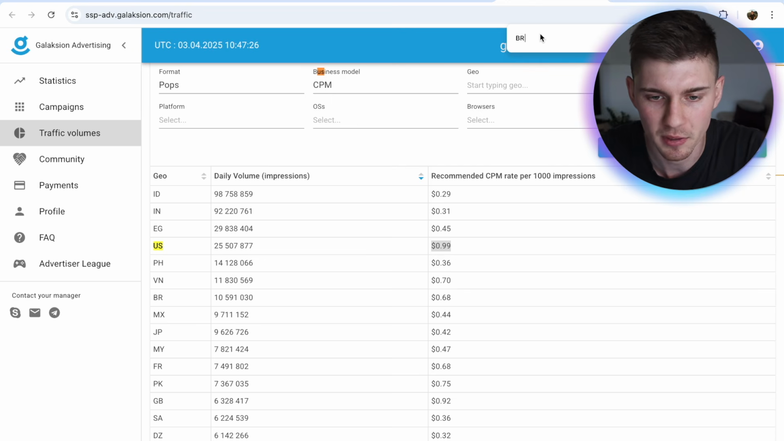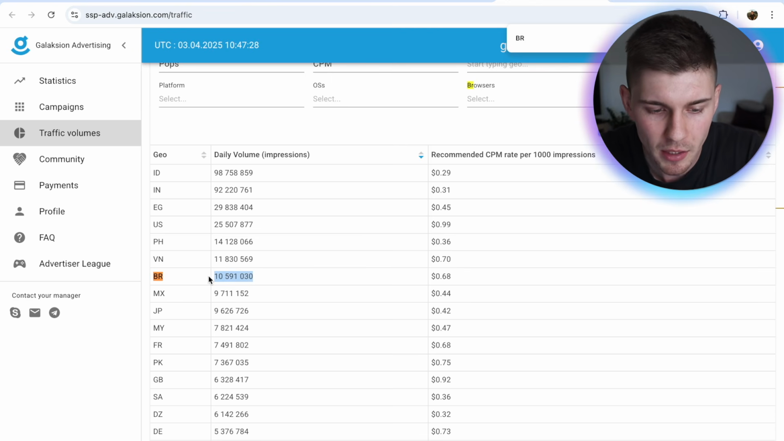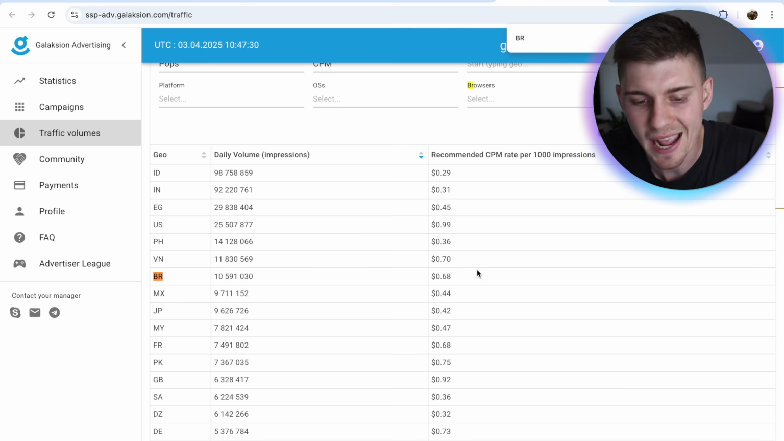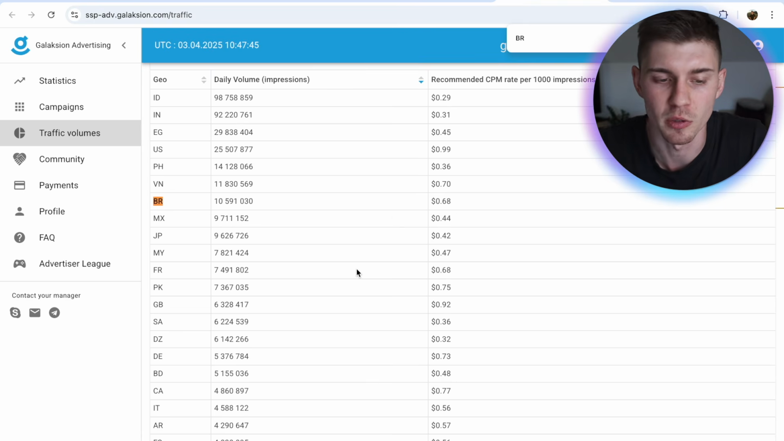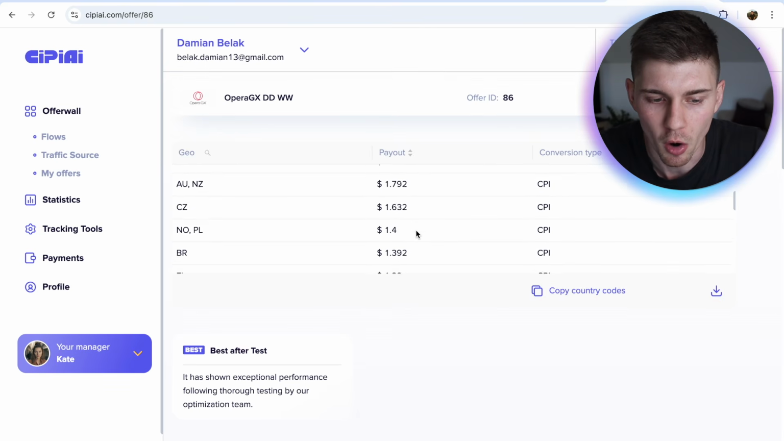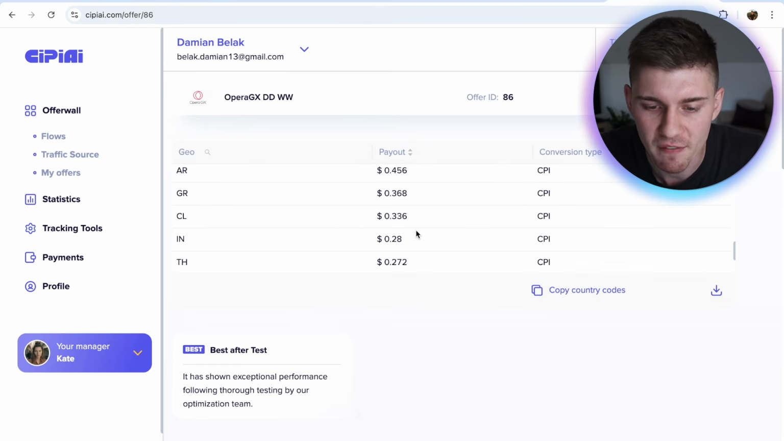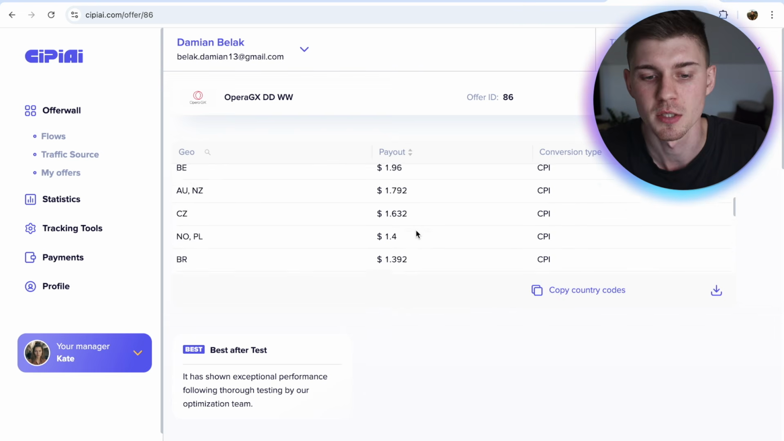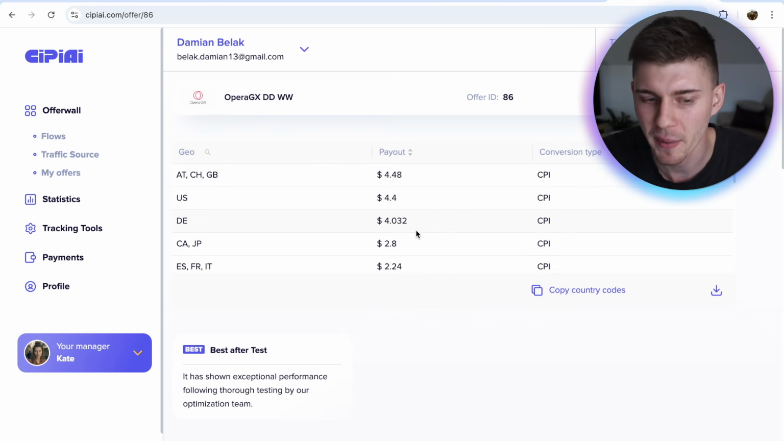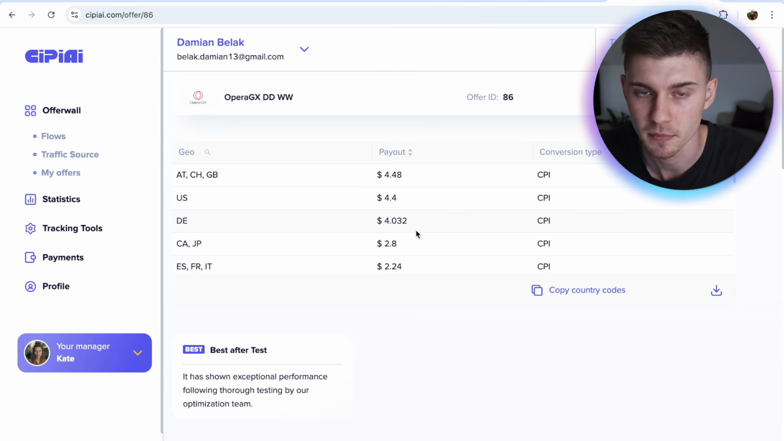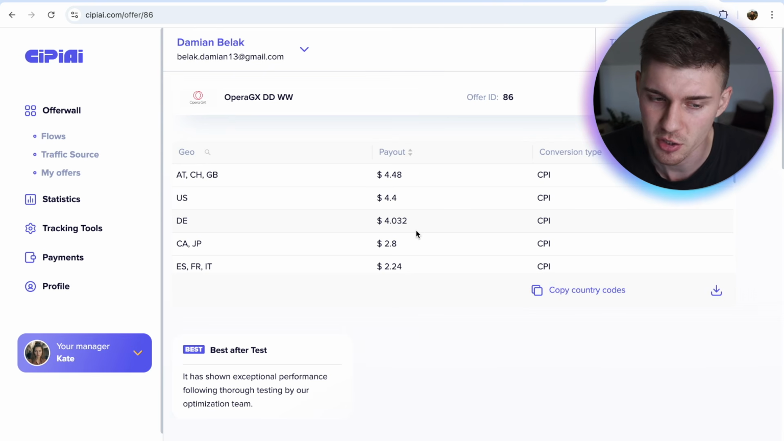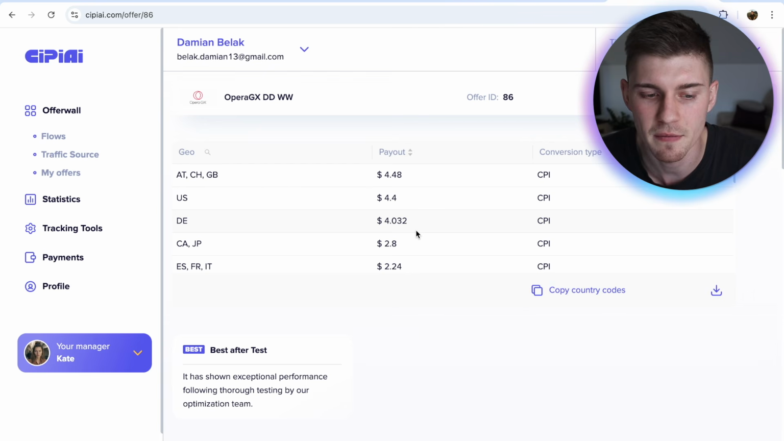And then, for example, if you go to Brazil, they have 10 million impressions per day and this recommended CPM rate is only 68 cents. That's why I always recommend to test more than one GEO location, right? Because all of these GEOs are going to have a different outcome, right? So what I'm gonna do within this campaign is I'm gonna test multiple GEOs. So I'm gonna select, let's just say 5 or 6 or even 7 GEOs